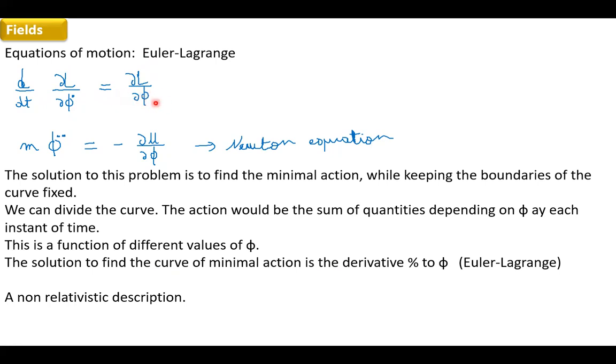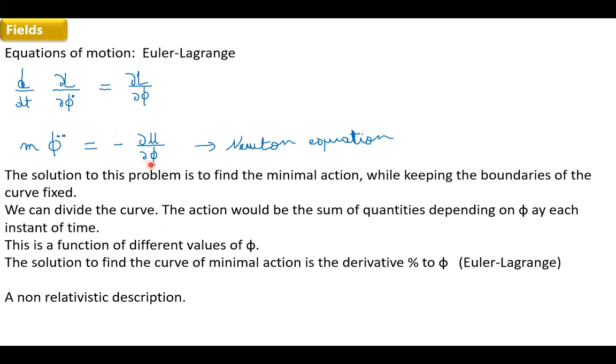And if you work out this equation, you will find the Newton equation, which is m phi double dot, or ma, as you know it from classical mechanics. So this is the acceleration in Newton. So m phi double dot is equal to minus dU over d phi, which represents the force. So if you remember your course of classical mechanics in first year,